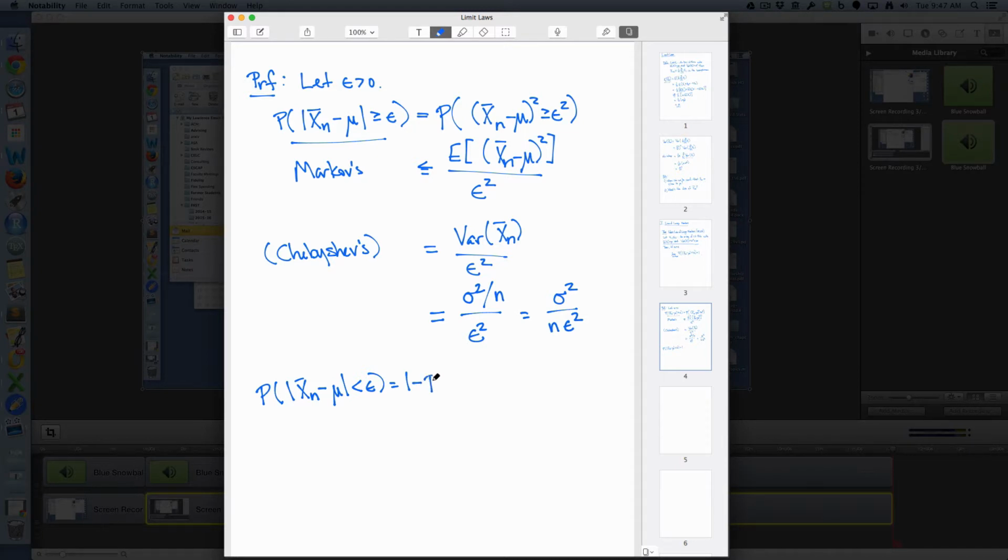So that's 1 minus the probability of that absolute distance being greater than or equal to epsilon. And so we then know by the inequality that we've established above that this is greater than or equal to 1 minus sigma squared divided by n times epsilon squared, and then that quantity is going to go to 1 as